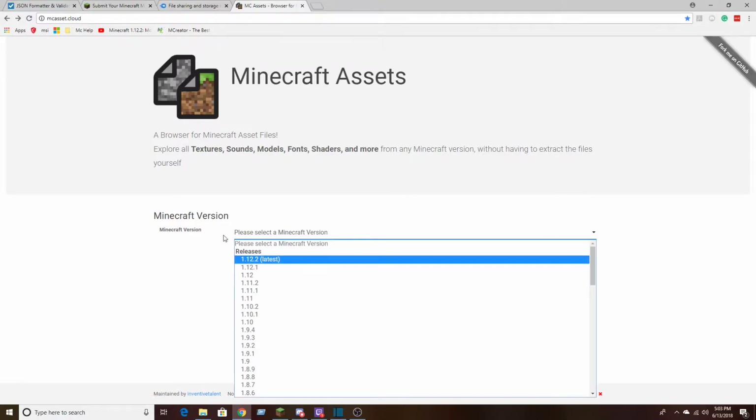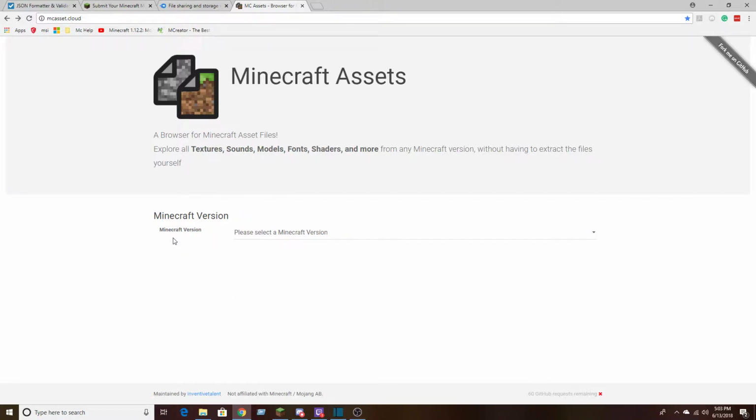mcasset.cloud. I'm just starting us off right away, and I hope you're okay with that, but I'll teach you how to create custom sounds. It'll be a series where I'll teach you how to make custom models, textures, fonts, everything you want, or mostly everything. But today we're only going to be focusing on textures because this is the easiest thing, so we can